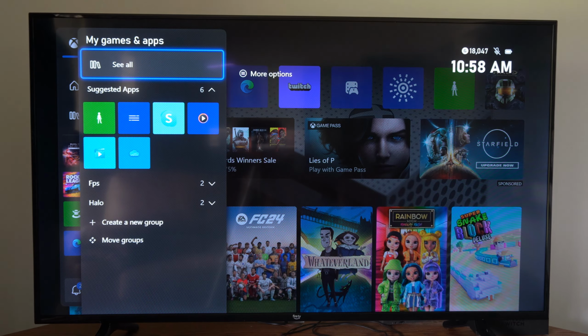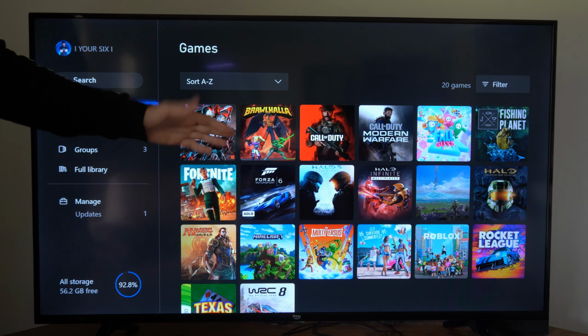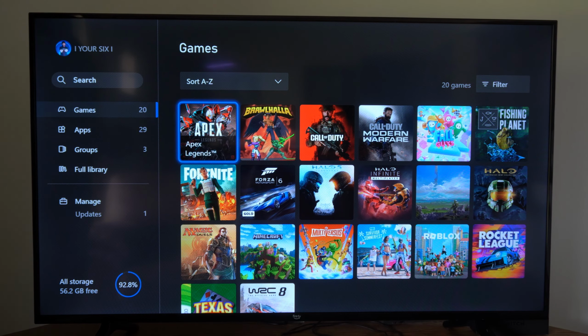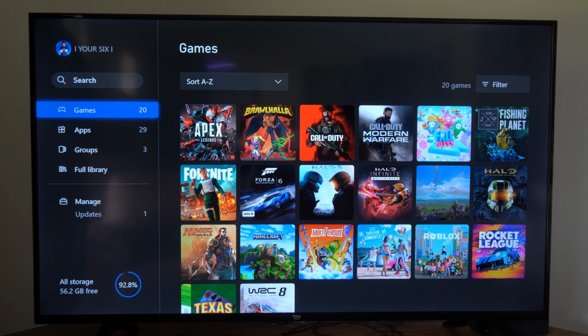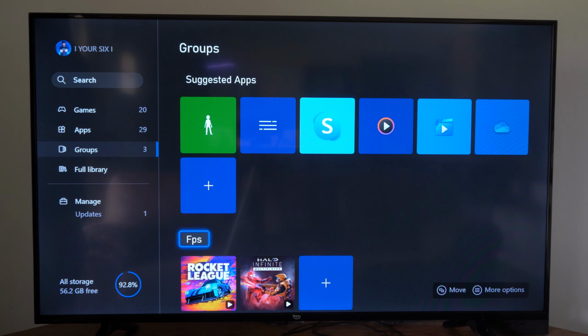Now another way to see all this is if I go to My Games and Apps, I can go to See All on the top. Now I can see all my games. So if you have like 400, 500, 600 games in here, it might be hard to locate the games that you want to play. But if you go down to groups on the side here, I can see my FPS